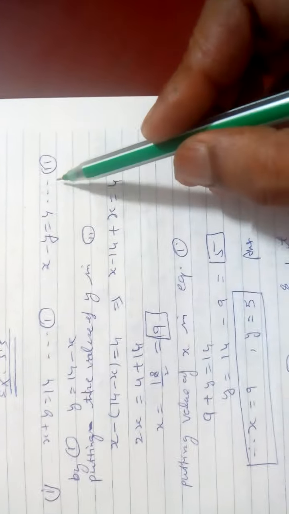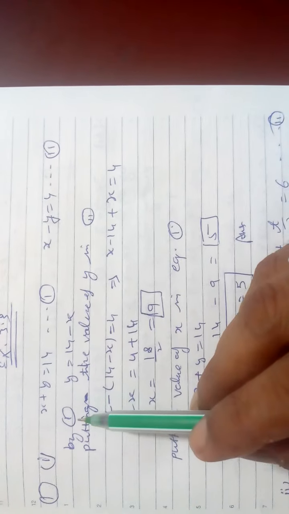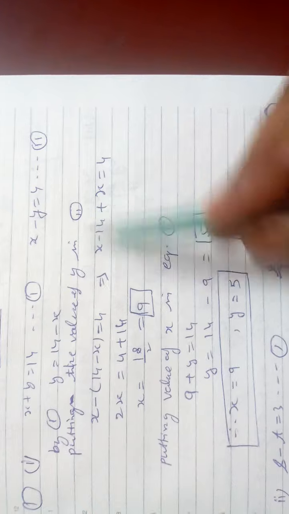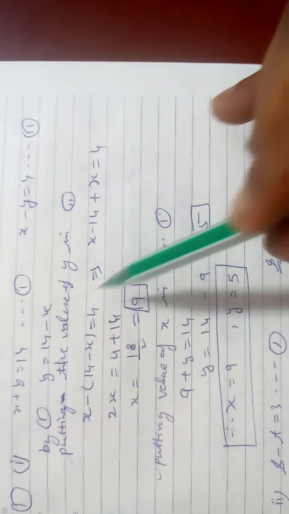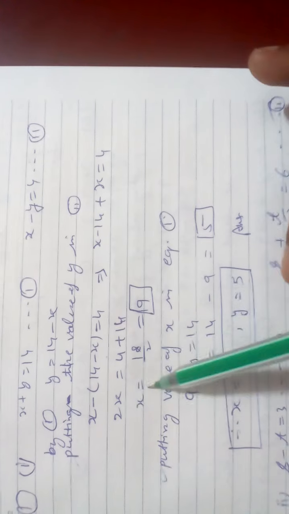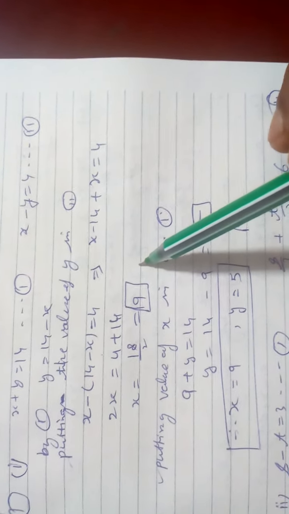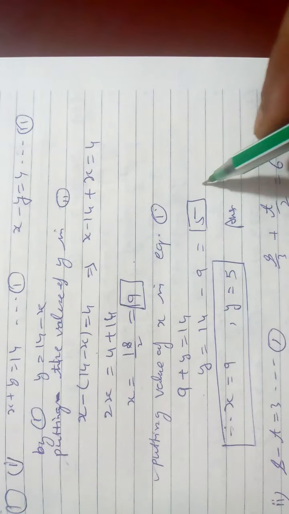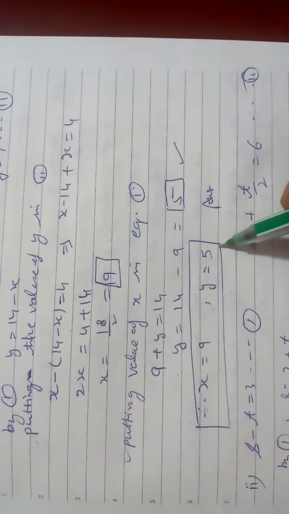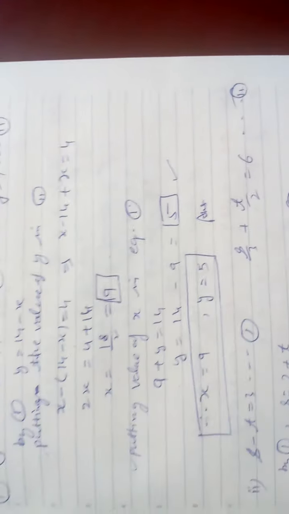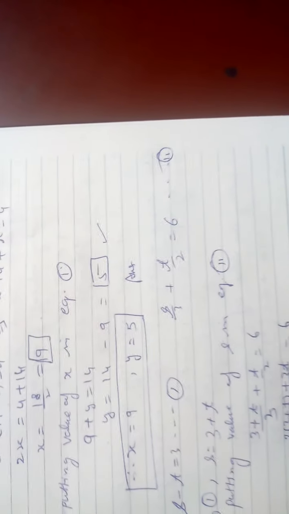The first question has two equations. I have taken the first equation and I am getting y. Putting in the value in the second, these lines you must write in your examination. Putting in the second equation, getting the value by transposing, solving. What are you getting? x is 9. Now putting x in the first or second equation, you will get y is 5. Your answer is like this. You will write it in one same place. Highlighters means a box is the highlighter. You must use these things for a good impression on the examiners.